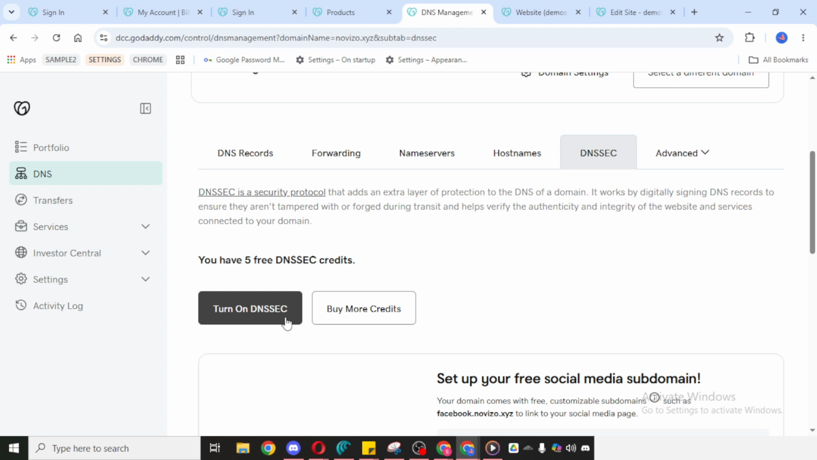And that's it. You've successfully turned on DNSSEC in GoDaddy. Before leaving the page, it's always a good idea to confirm that the setting now